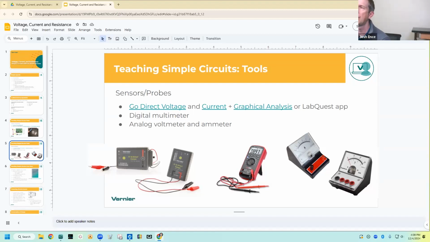We aren't going to do anything today that requires measuring voltage or current versus time, and so the logging isn't as necessary. A multimeter or an analog ammeter, voltmeter will work just fine. I would still recommend the voltage and current probes in the software simply because you very quickly get to points where you do want to measure, say, voltage versus time if you're going to do an RC circuit or an RLC circuit. Those analog or digital multimeters are not going to work for you, and it really is great to have those tools.